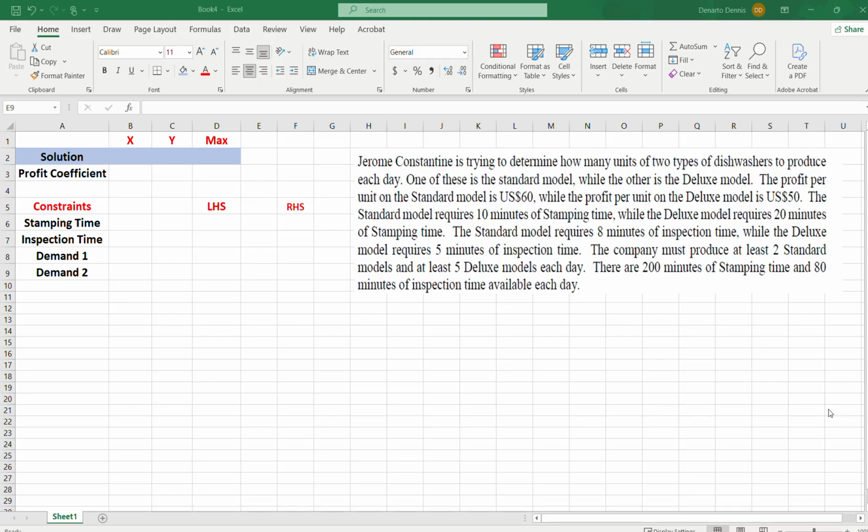profits or minimize costs. So here we are told that Jerome Constantine is trying to determine how many units of two types of dishwashers to produce each day. One of these is a standard model while the other is the deluxe model. Profit per unit on the standard model is US $60 while profit per unit on the deluxe model is US